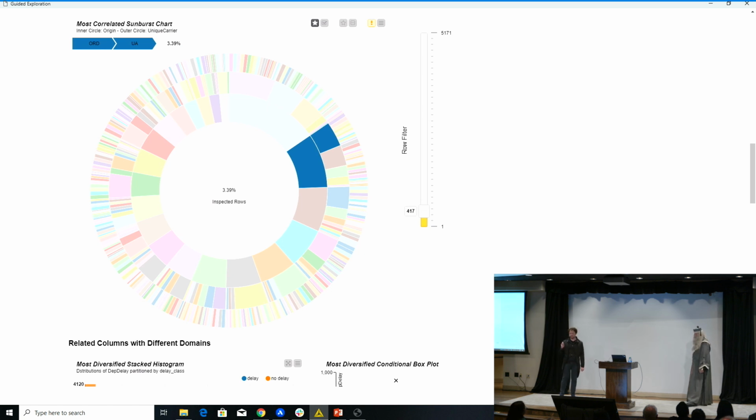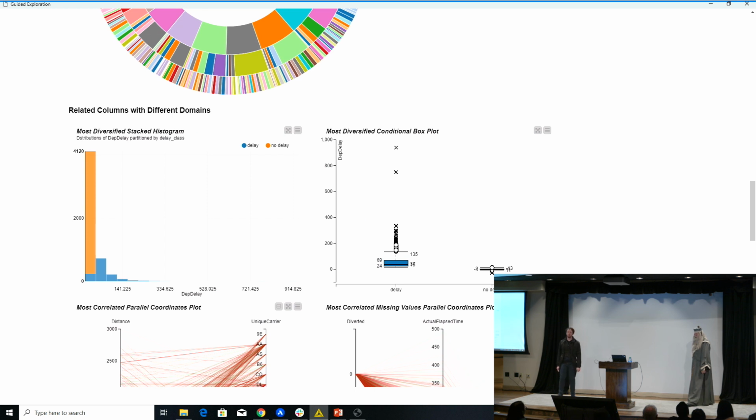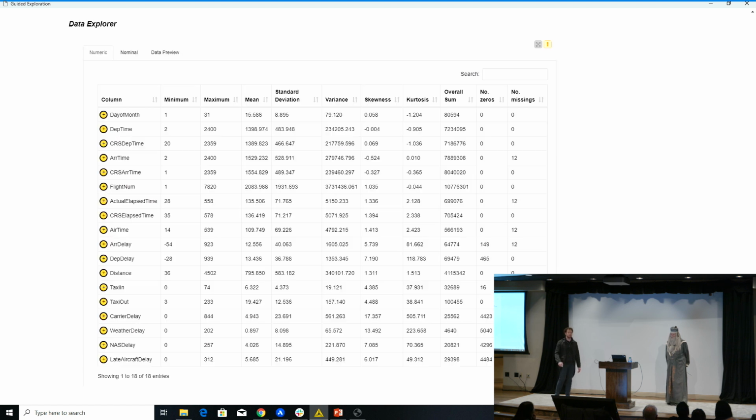All right, so let's keep going. We have more relationships that we can look at. For example, this is when you want to find a relationship between numerical and categorical columns. We have here a box plot with ANOVA test. And here at this point, we can also see and rank the different features, the different columns, by their relevance, by how many missing values and constant values. But let me show you first this actual explorer that is